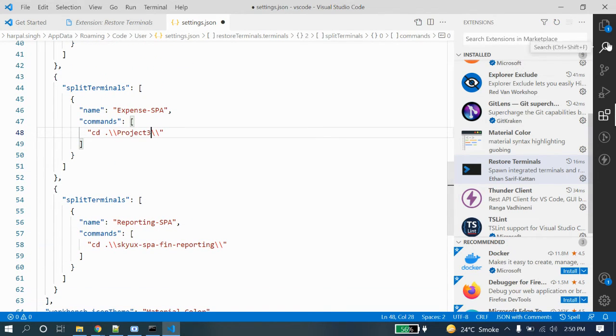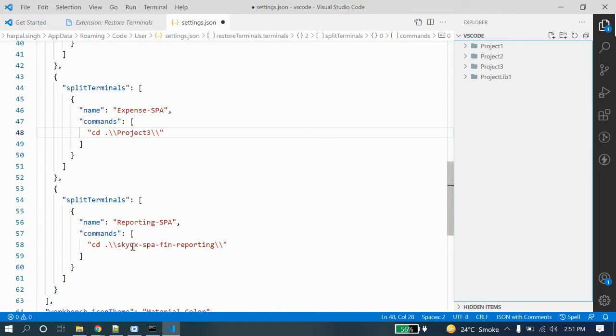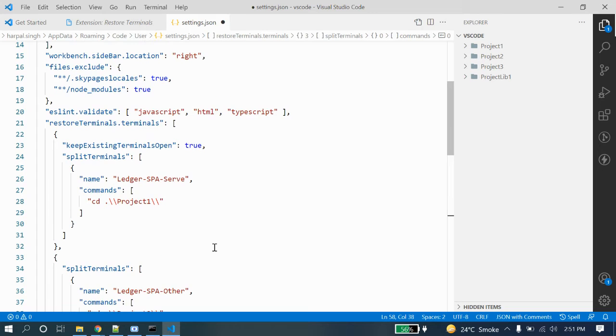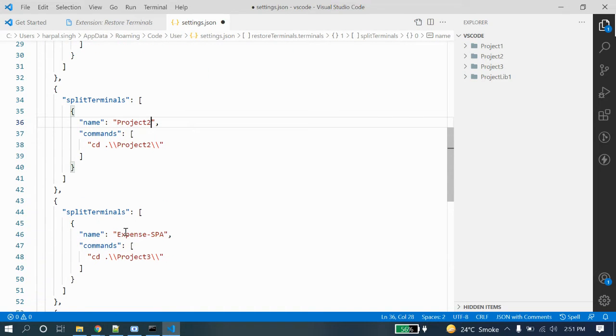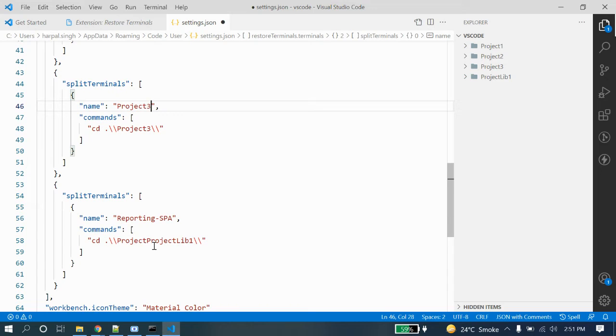So I am just seeing what my projects list is. Here I can put any name. Suppose it's project one, so I'm writing project one here, and this is project two, this is project three, and this is the project library.